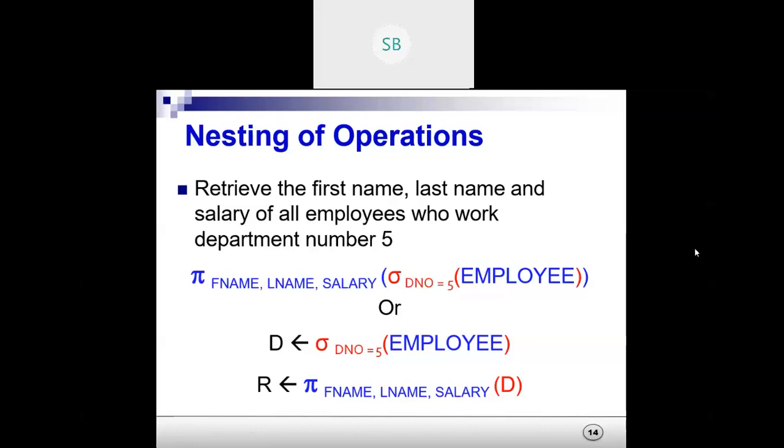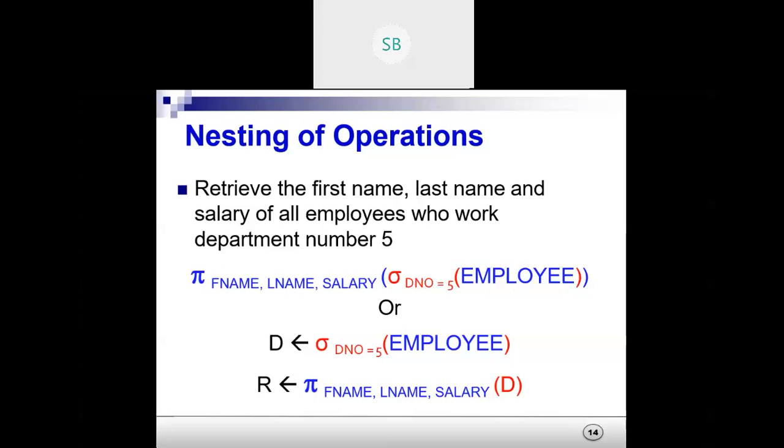It will give us the first name, last name, and salary of all those employees who work in department number 5. First, what is this statement doing? Select of DNO equal to 5 of employee. That means it is working on the tuples, that is, the rows.